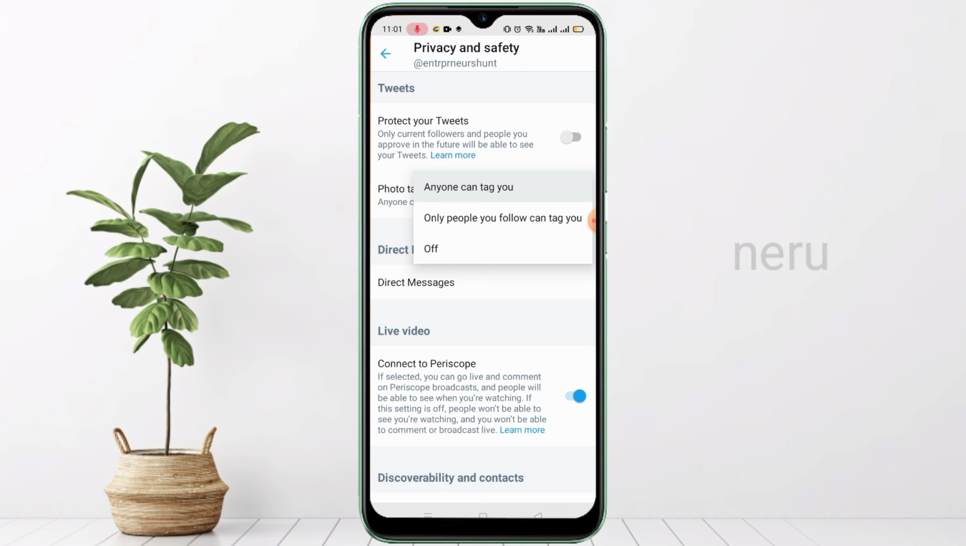Anyone can tag you, which means everyone can tag you in their photo if you allow this option for your Twitter photos. And second,